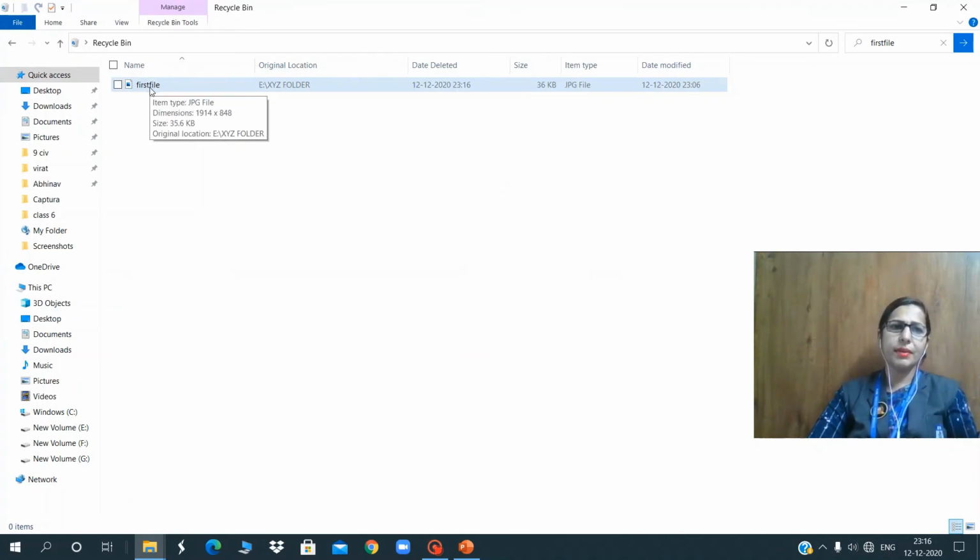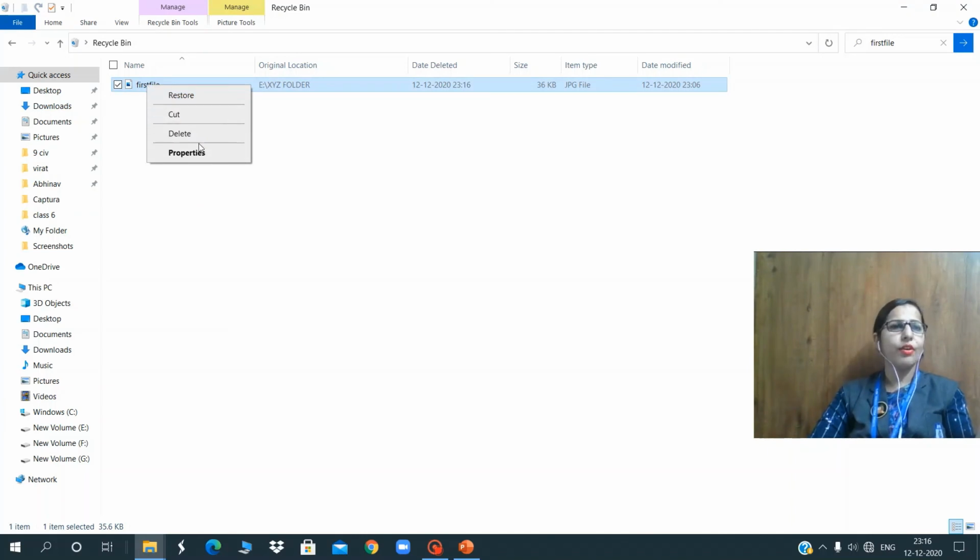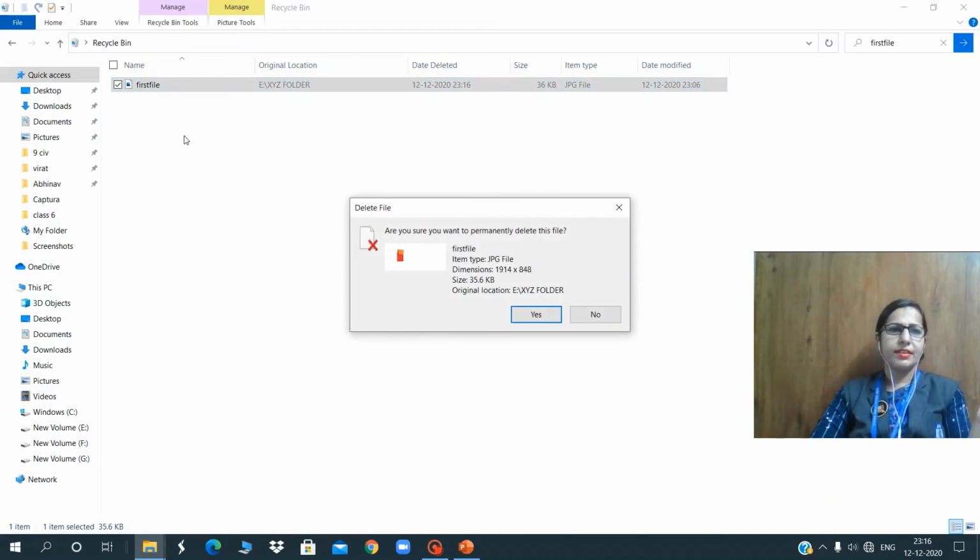Go in the recycle bin, select that file and press the delete key, or just right click over here and click on delete. It will ask you, are you sure you want to permanently delete this file?